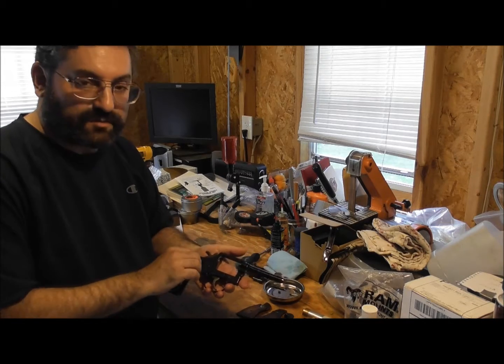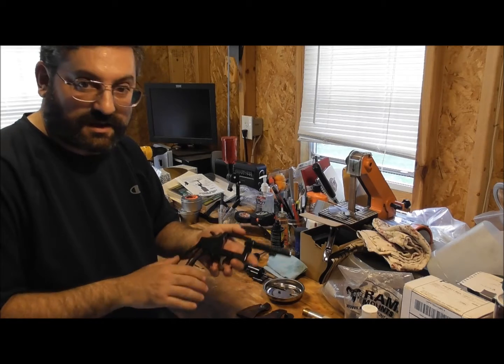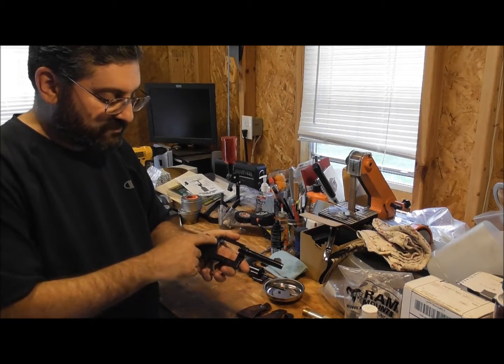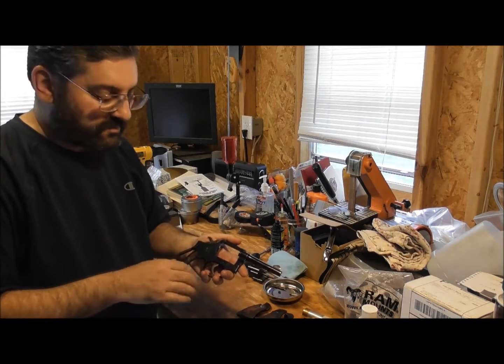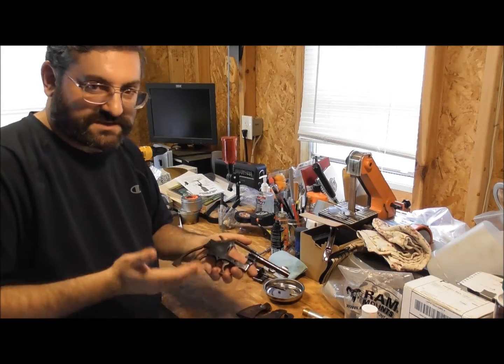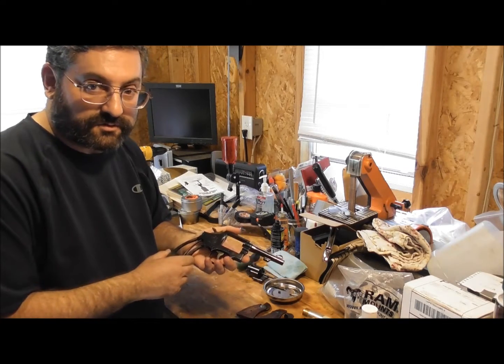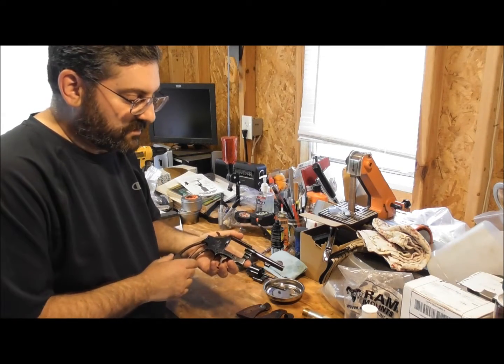Now it's very important not to pry it up. These things are very finely fitted, and if you do that, what's going to happen is you're going to essentially booger up the joints, and you'll reduce the value of the gun by doing that, and it's just aesthetically ugly. So the way you get it off here is you vibrate it out, and the way we do that